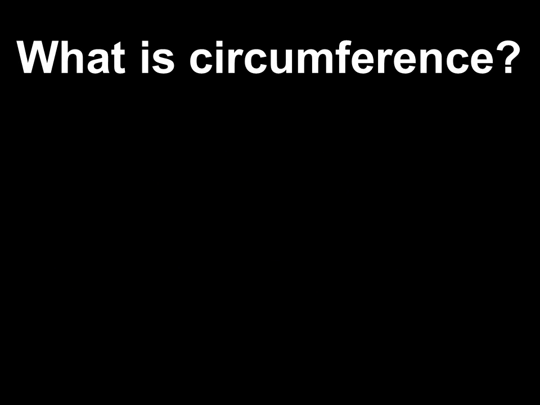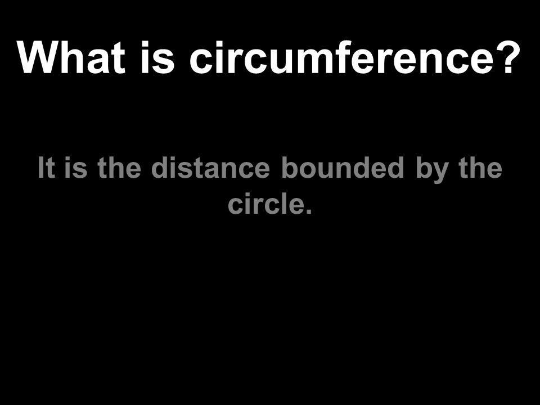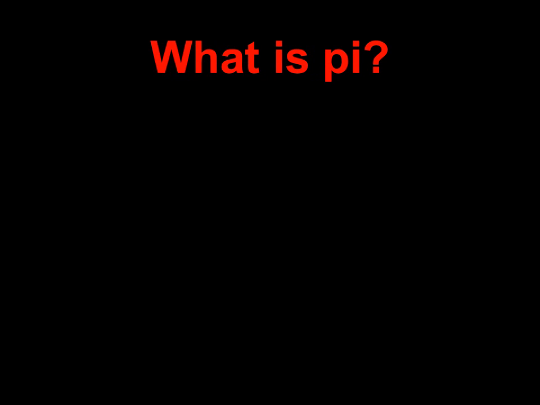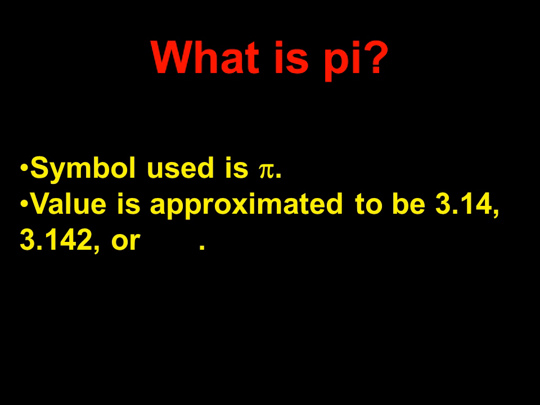Next, what is circumference? The circumference, as mentioned earlier, is the perimeter or the distance bounded by the circle. We have learned the different parts of a circle, but we always hear about pi. What is pi? Pi is actually a constant or a number that shows the relationship between the circumference of the circle and its